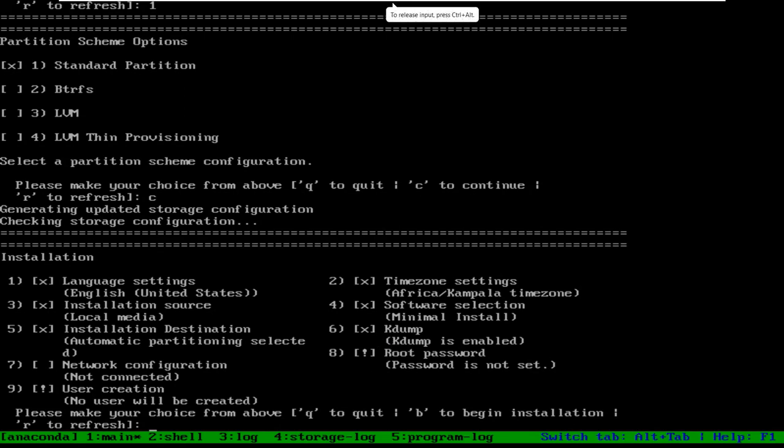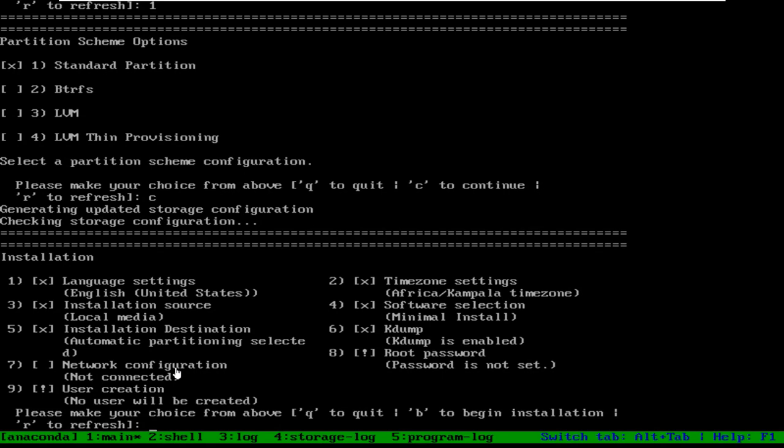Then number 7. Number 7 is to configure your network configuration. We have two options to configure the network: you can give manual IP addresses, or you can give automatic IP addresses. By default it is always on auto. We don't have to configure it manually.